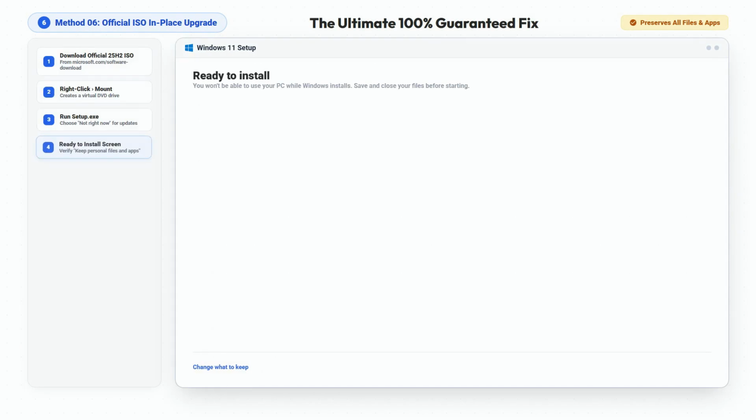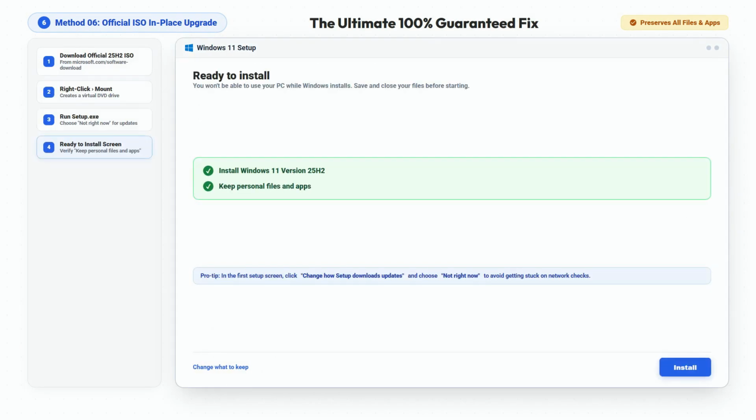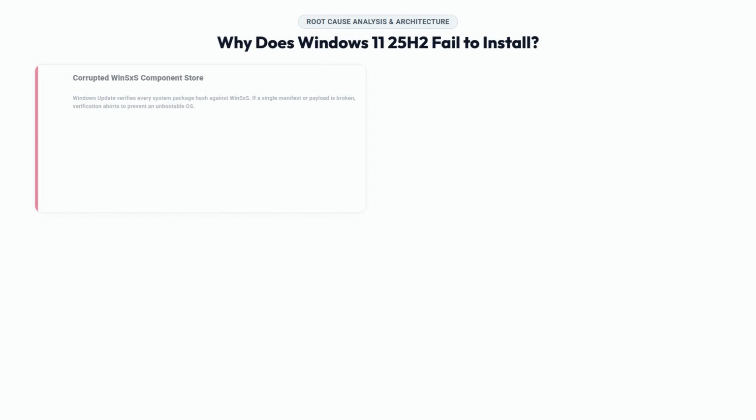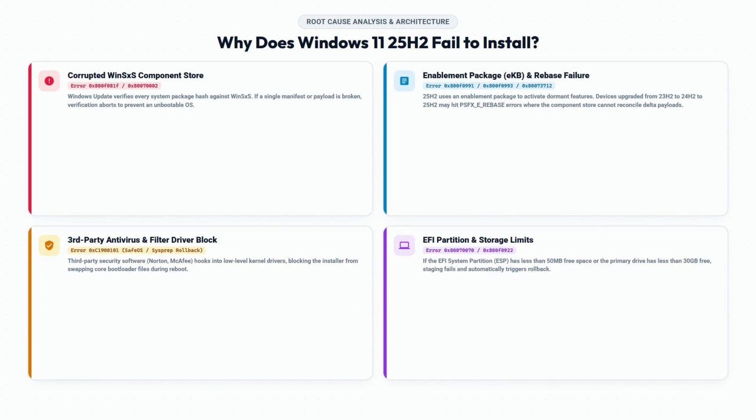Sixth, perform an in-place upgrade with the official 25H2 ISO. Mount the disk image, launch setup, choose Keep Personal Files and Apps, and install for a guaranteed fix with zero data loss. These update errors occurred due to WinSxS manifest mismatches, missing prerequisite staging for enablement package